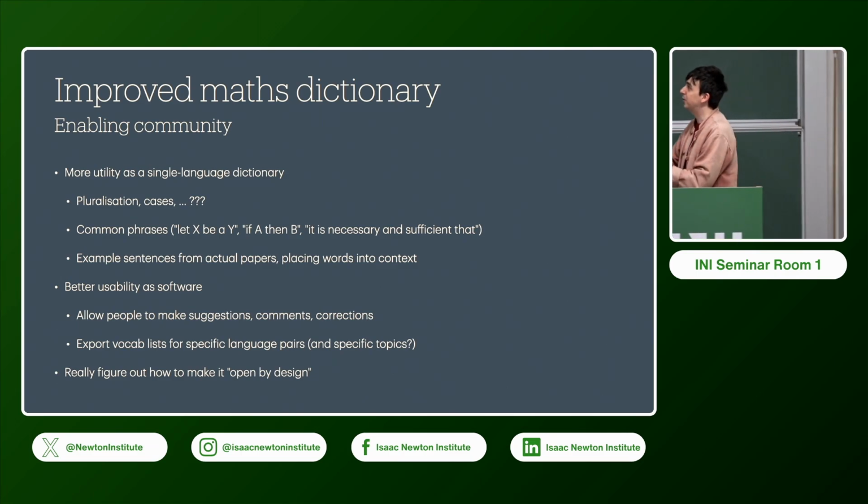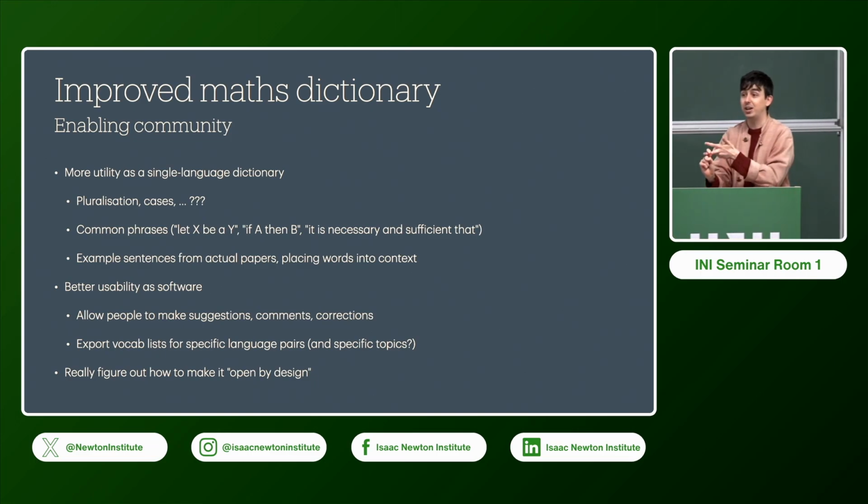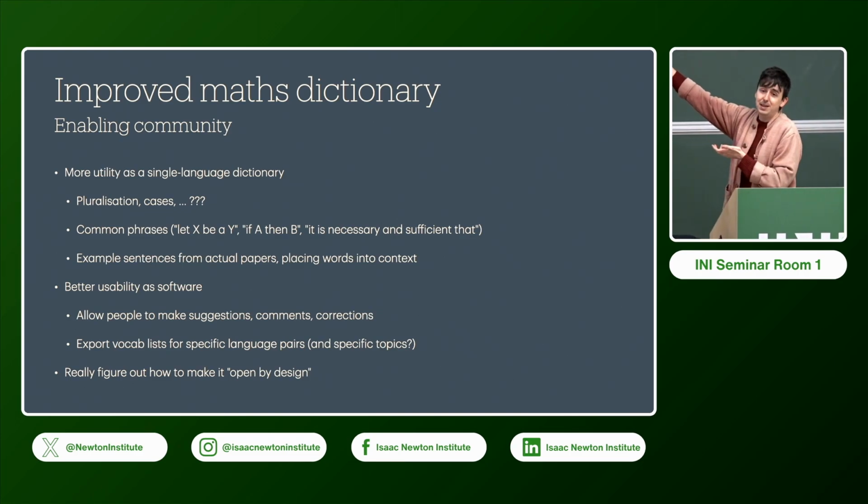What this means for me is if something has an irregular plural, or if I'm in a language where things have cases and a noun changes the way it's spelled in a case in a very irregular way, or other quirks. I don't speak that many languages. I don't know what quirks languages have, right? All of these things should be built into that aspect of the dictionary. The dictionary should be good by the standards of the language in which it's translating, okay? So this is something that needs a lot of work for sure.